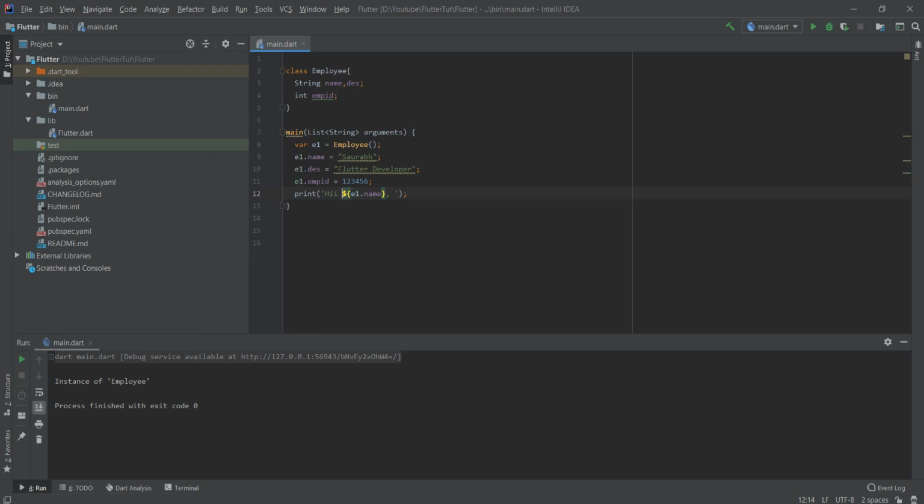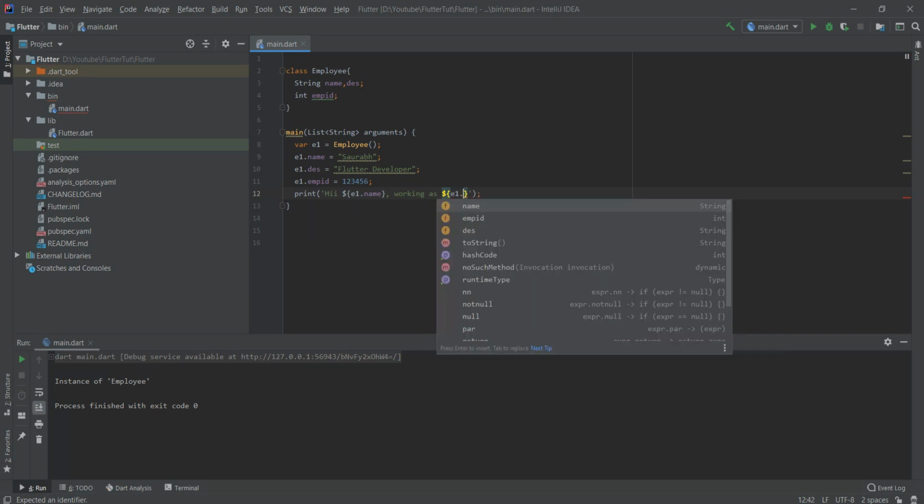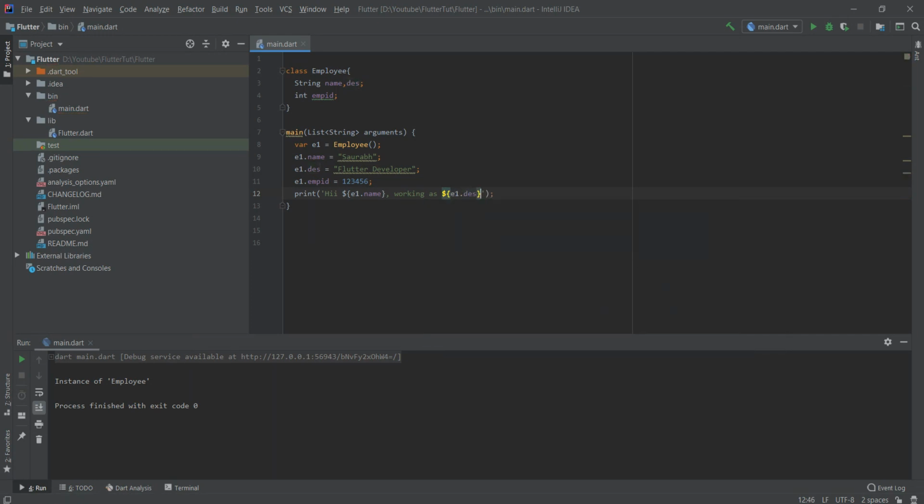Okay, it doesn't matter, it's just a sentence, need not be grammatically correct, but it'll work. e1 dot name, and then let's print something like working as e1 dot designation